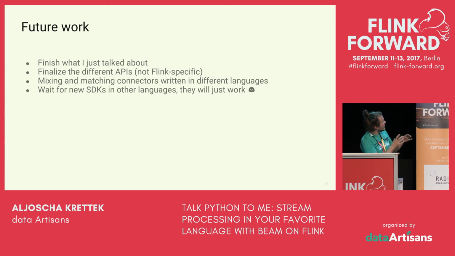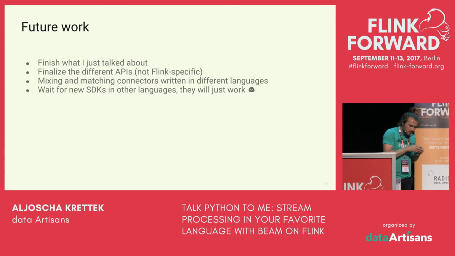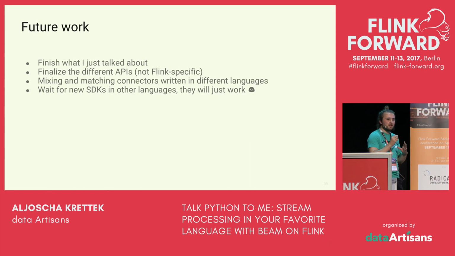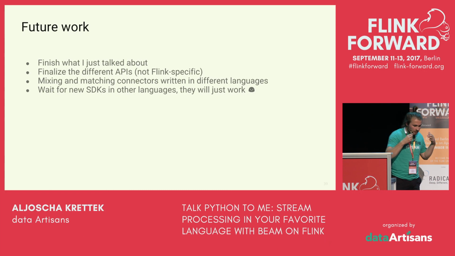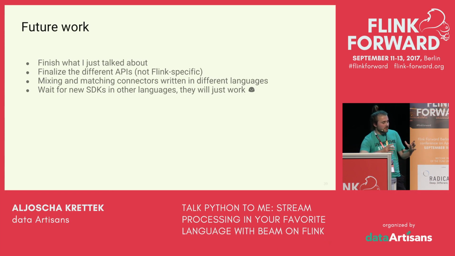I already mentioned that you can mix and match connectors in different languages. And for me, the exciting thing is that once we have these portability APIs in place and we can execute Python code on Beam, once there is a new SDK for a new language, and there's a Jira issue for adding an SDK in the Go language, for example, once we have that in place, this just works on the Flink runner as well, without us having to write specific code for dealing with Go,